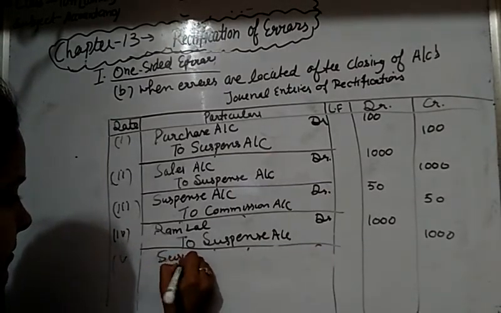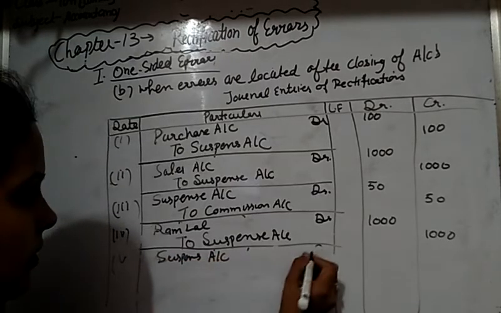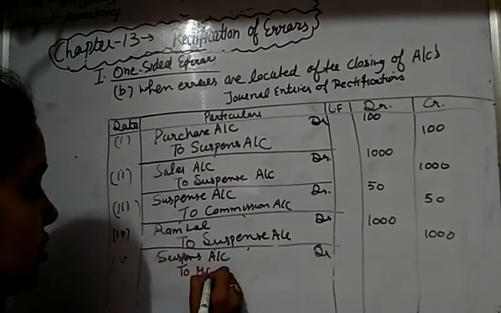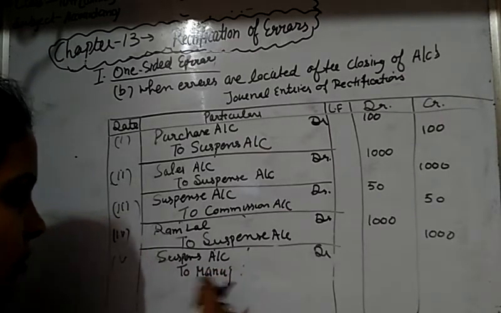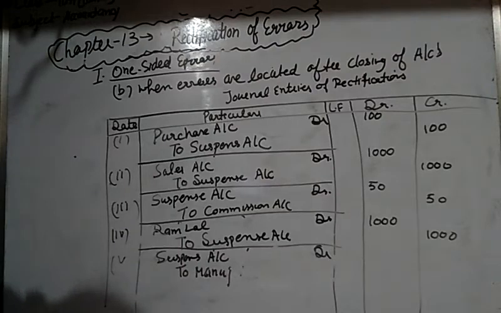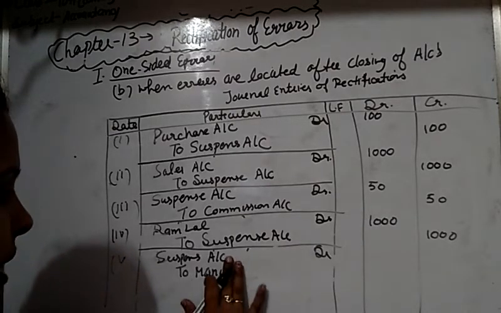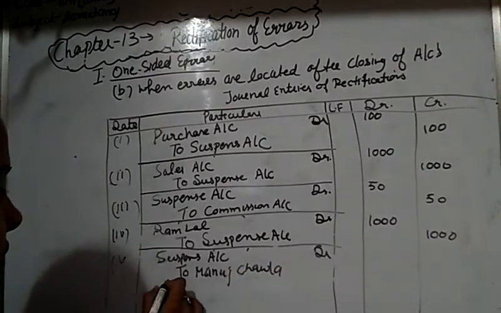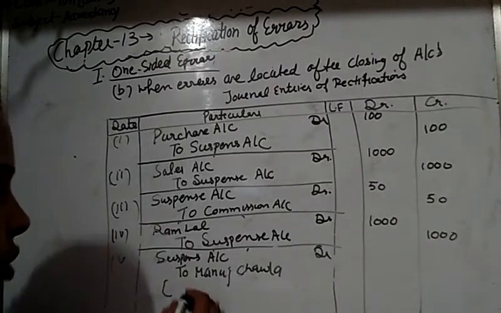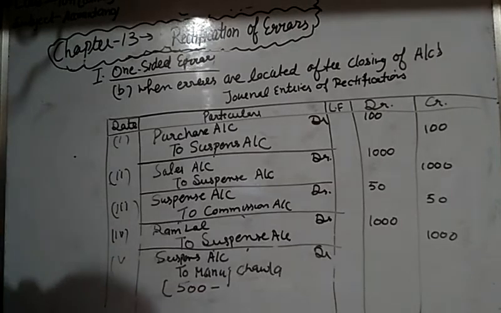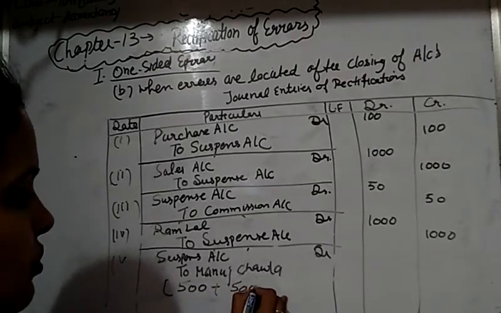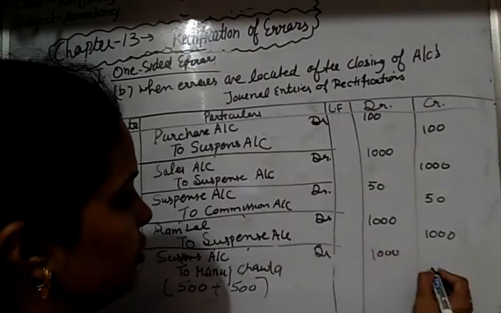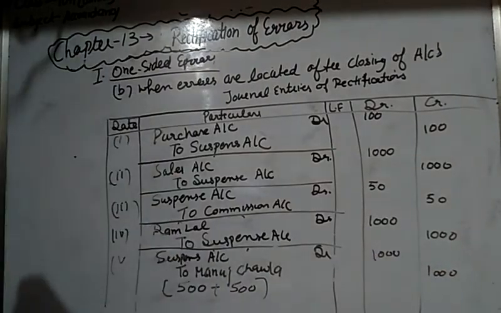Suspense account debit to Manoj Chawla because purchases are done from Manoj Chawla. So when purchases are done, purchases account debit to Manoj Chawla account, but in place of crediting Manoj Chawla, wrong entry is passed that Manoj Chawla account is debited. So we credit it now to rectify the entry. Manoj Chawla. Okay. Now we credit the Manoj Chawla with double amount because 500 for cancelling the debit transaction and 500 to again post the amount. So it is credited with ₹1,000. Clear, students?